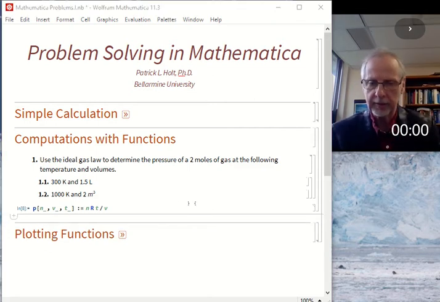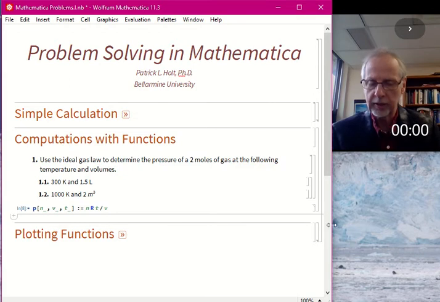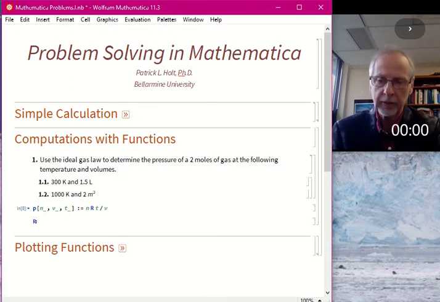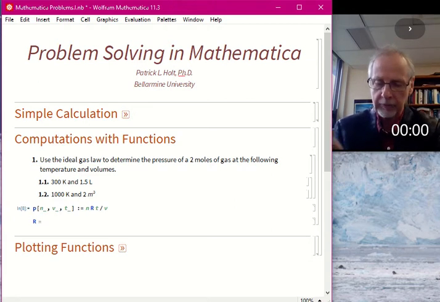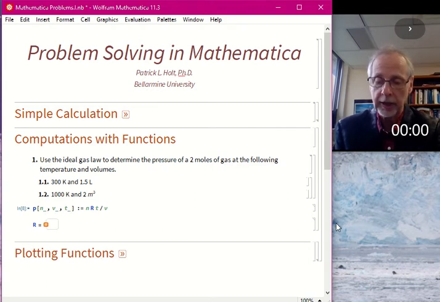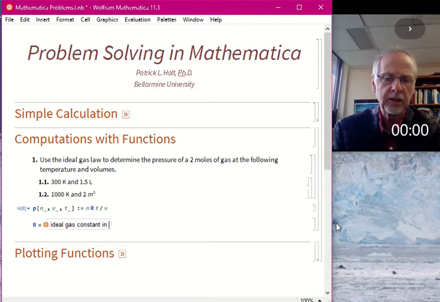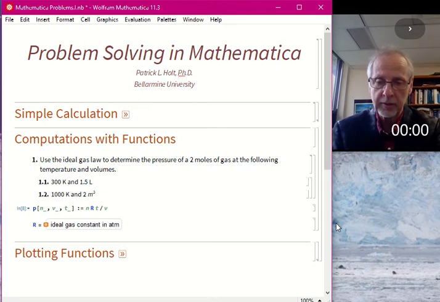So I'm going to type in here in my next entry point capital R, and I'm going to do this because I know I don't have any conflict issues in Mathematica with the uppercase. So R equals, and then remember for free-form input, we just enter control equals. All right, and then I'm just going to type ideal gas constant. And now, what are the units? You need to know a little bit here about the units you're going to use. There are actually several different sets of units you can use for the gas constant. I'm going to go ahead and use atmospheres